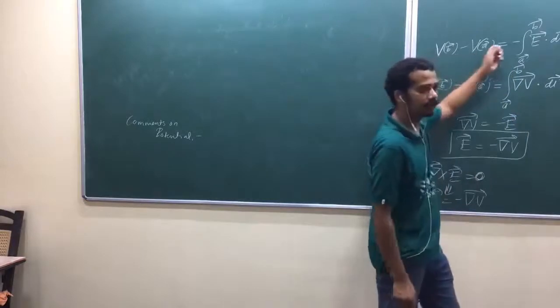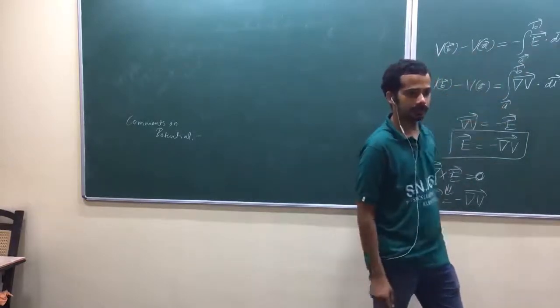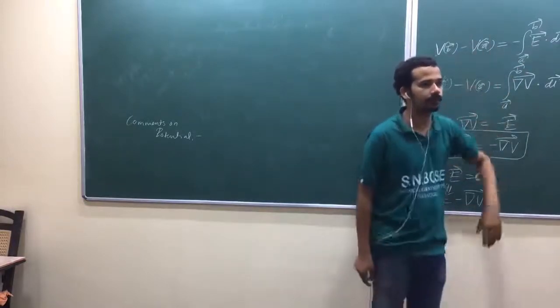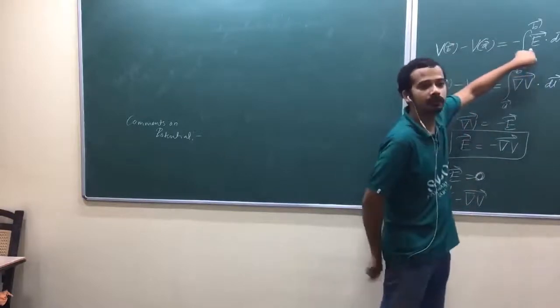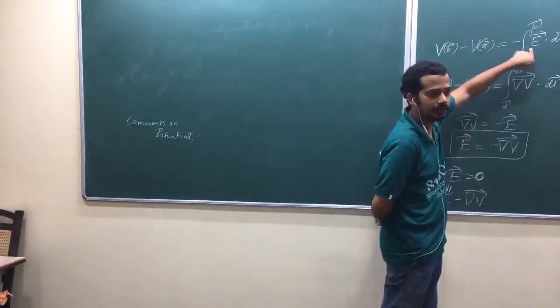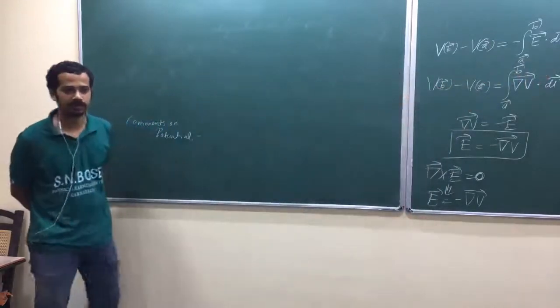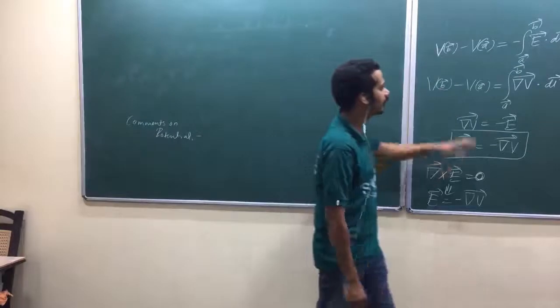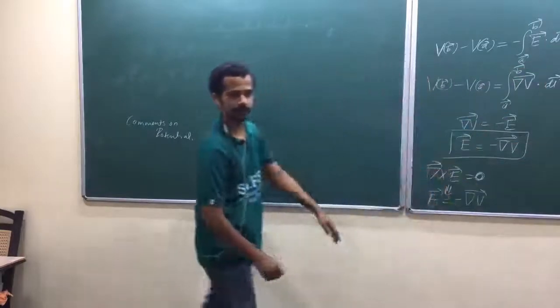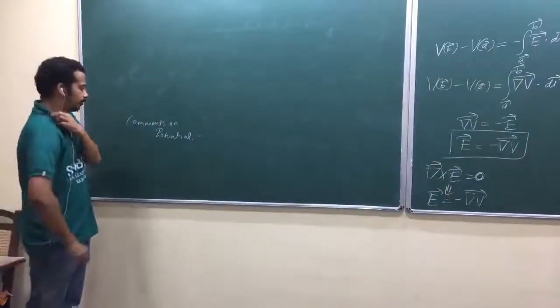This potential difference is related to potential energy. It is work done in moving the charge from one point to another point. Look at here. Work done per unit charge. This is the force per unit charge. The line integral of force per unit charge is nothing but work done per unit charge. This is work done per unit charge in moving the charge from one point to another point. Let me define it later. Okay. So that's why first one is name.